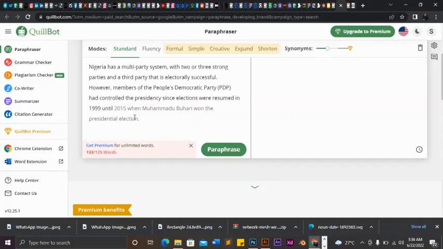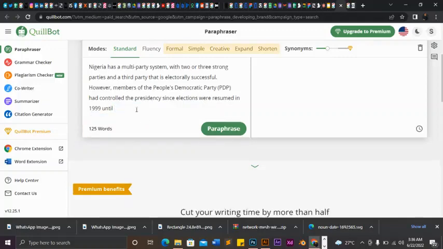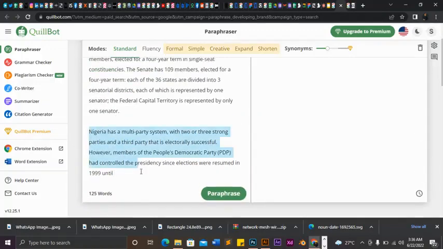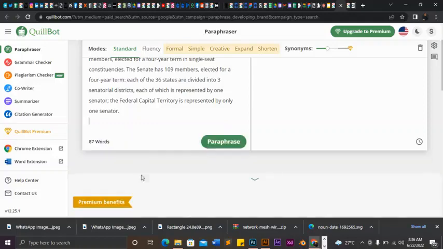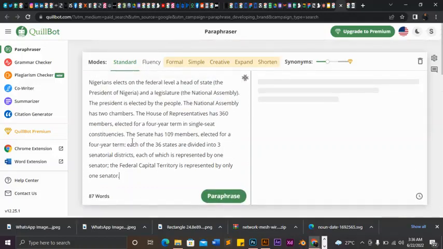But if you upgrade to the premium, you'd have unlimited access. What I mean by unlimited access is you could actually copy a whole page, right? 2 pages or 3 pages, and then paraphrase everything at once. But since we're using the free version, we have to look for where there's a paragraph and then stop there,